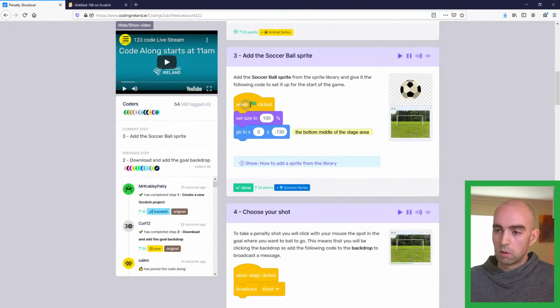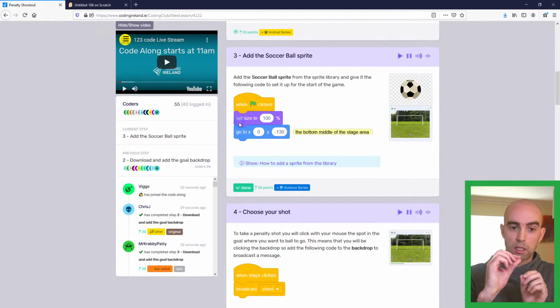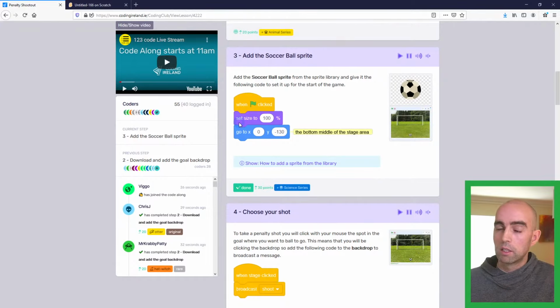So what we're going to do is when green flag clicked, set size to 100%. And the reason we set the size to 100% is that in a later step, we're actually going to make it get smaller as it goes away from us. So at the start of the game, we want it to start off at 100%. And then we're going to say go to X0, Y